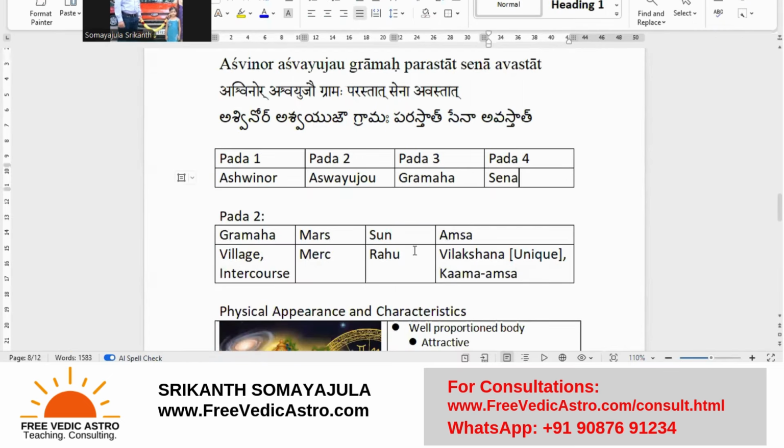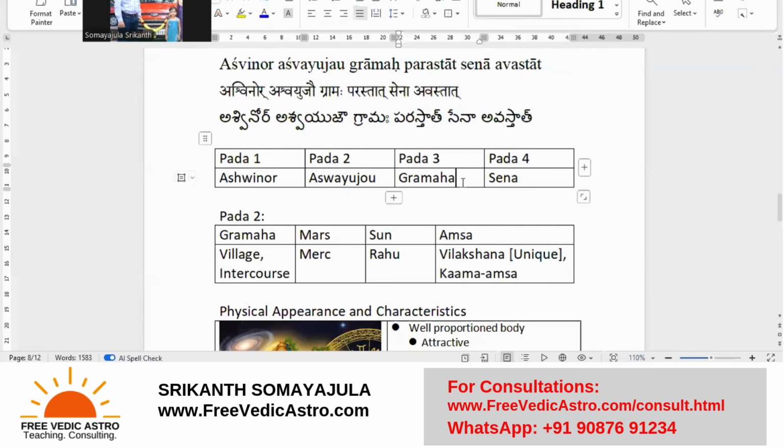So as we do every time, please look at the mantra of the Ashwini. I have done a complete class on Ashwini. So please listen to it if you have not done that. One plain Ashwini Nakshatra class is done in which this mantra is explained. Now I have picked up the third word in it, which is the Gramaha.